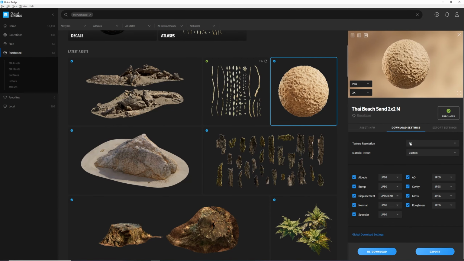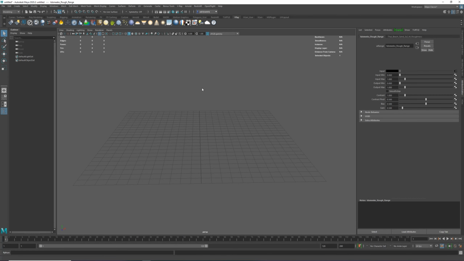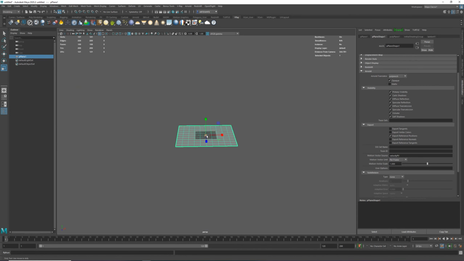So what we're gonna do is I picked 8K resolution on download, and I'm gonna pick 8K for sending to Maya. I already have the plugin loaded, so I'm gonna click export, and that should send this to Maya like that. And I'm gonna make a plane. I'm gonna make it very large